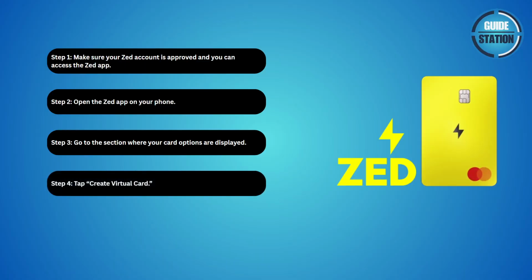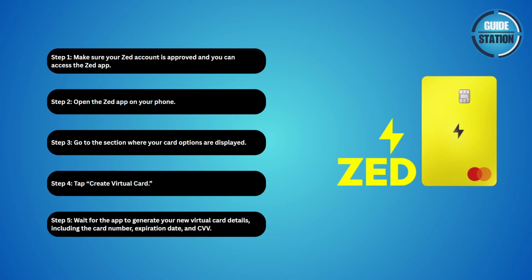Now, to create a virtual card, just head to the card section in the app and look for the option that says something like Create Virtual Card. You want to tap it, and within seconds, the app will generate a brand new virtual MasterCard for you. Right away, you'll see the card number, expiration date, and CVV, so you can start using it immediately for online